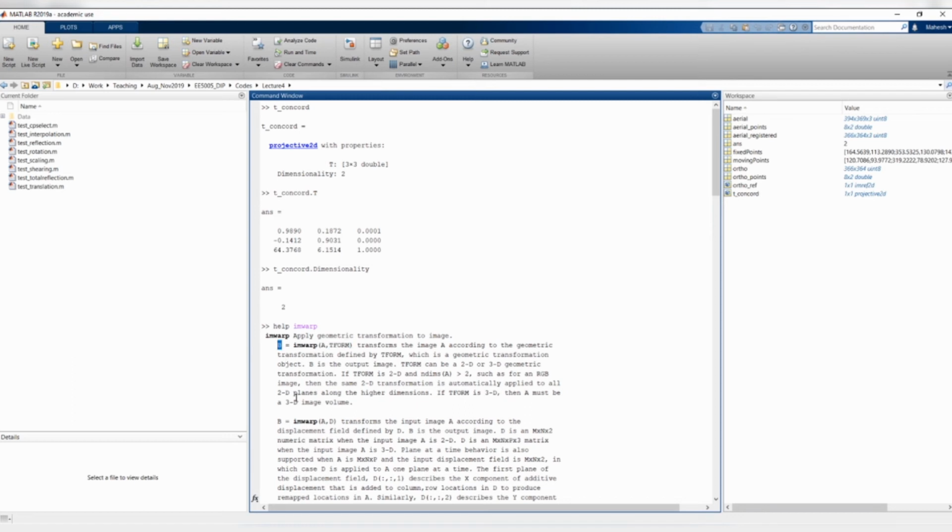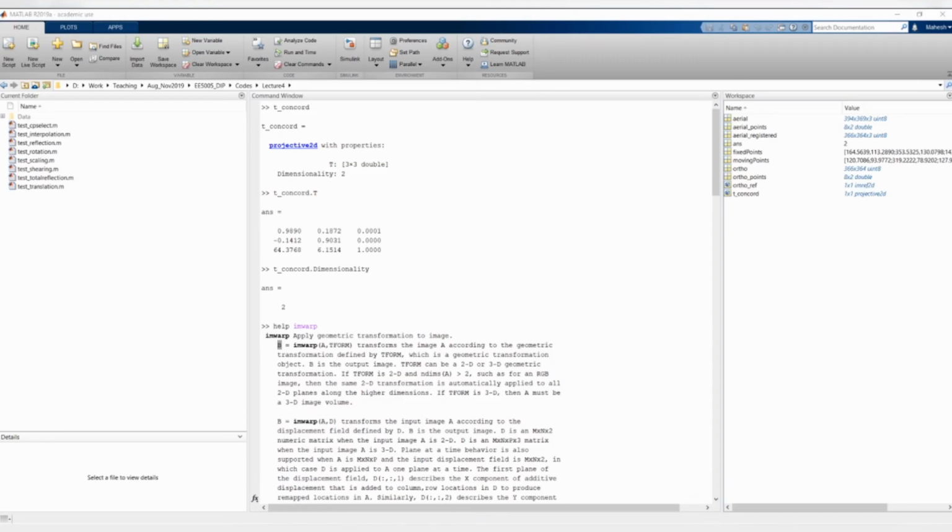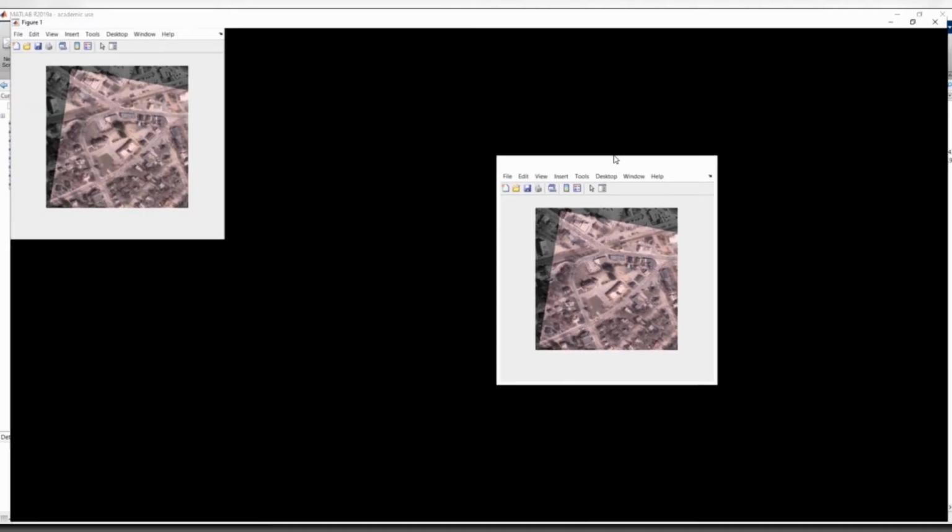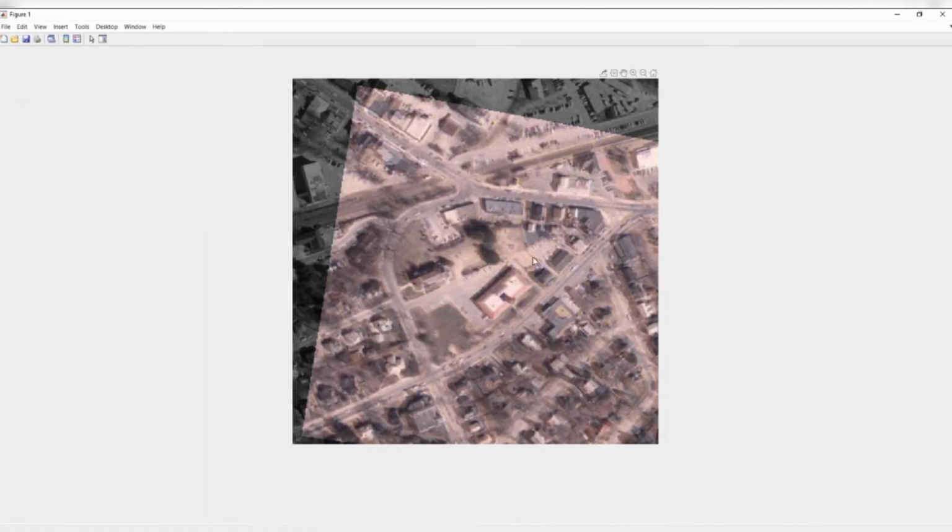So I did this, I registered the two images, and I am overlaying them. This is the final result. It's not perfect, but sort of registered. The gray image is in the background. I transformed the color image to look like the gray image, and then overlaid both of these. You can see at least the buildings are perfectly overlapped, but I'm seeing some fuzziness. Trees are not perfectly overlapped, and you're seeing some fuzziness here.